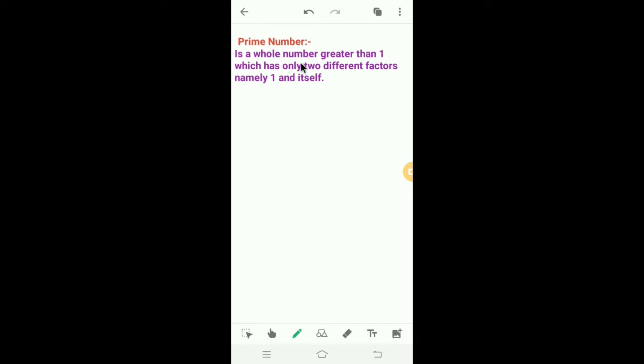So what is prime number? Let's see. A prime number is a whole number greater than 1 which has only two different factors, namely 1 and itself. If a number has only two different factors, namely 1 and itself, then we can say the number is prime number. For example,